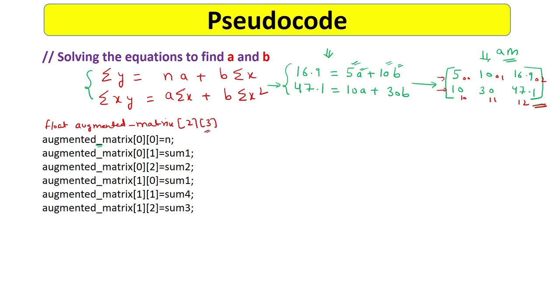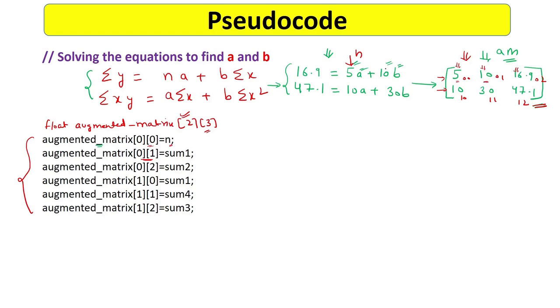So after finding the summation, I have to create this augmented matrix. As you know, these are the various values of the summation and the other things also. To create this augmented matrix, I have defined an augmented matrix, then I have put various values. Here you can see this 5 is actually the value of n. So I am saying at 0,0 position, I am putting n. Then at 0,1 position, this.